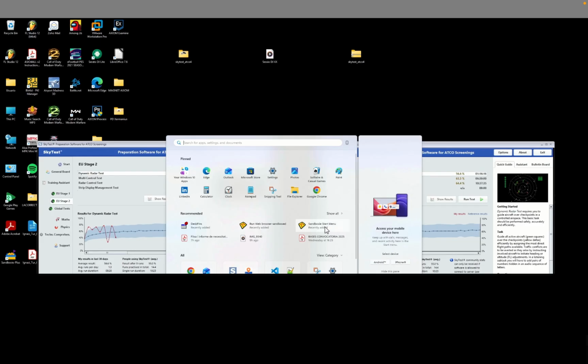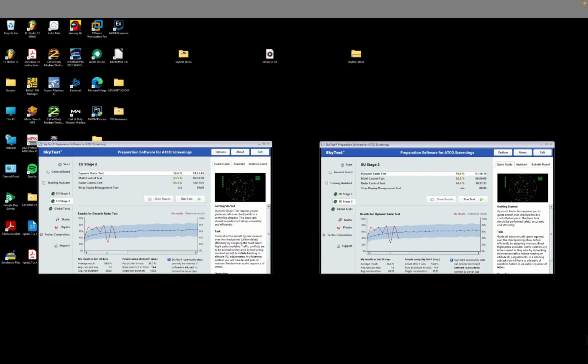It is called Sandboxie. Plus it is free. It is very easy to download. And what it does, it isolates a program, and you can run multiple SkyTests, as many as you can. And what we did next, I put an Archangel